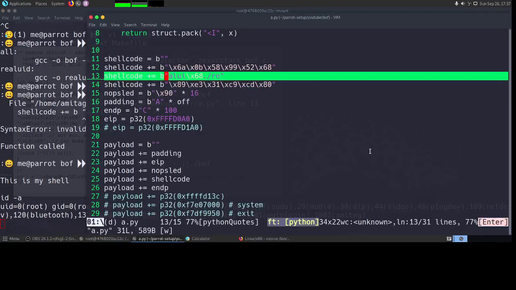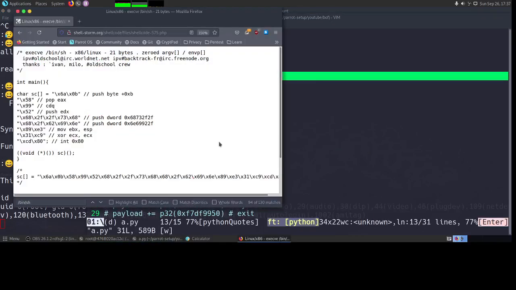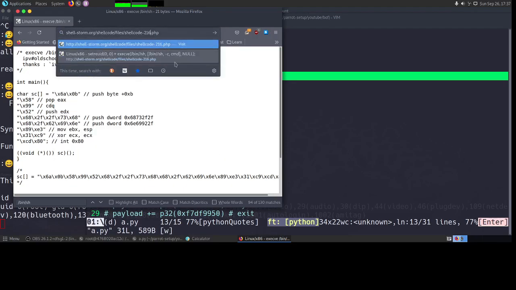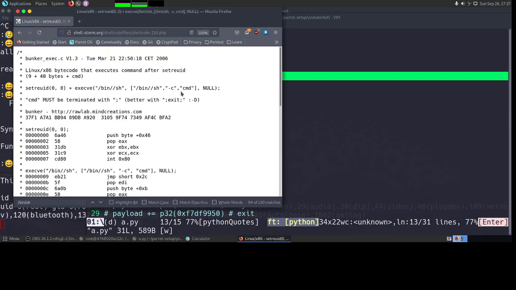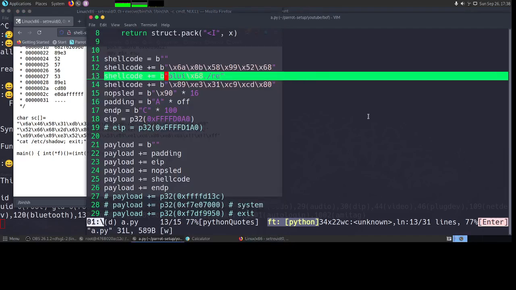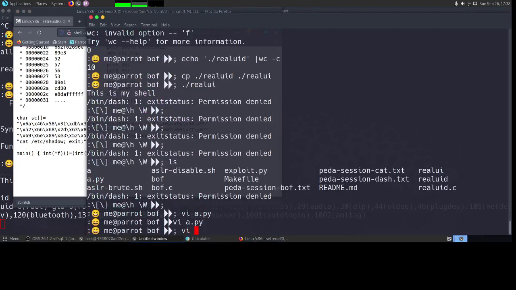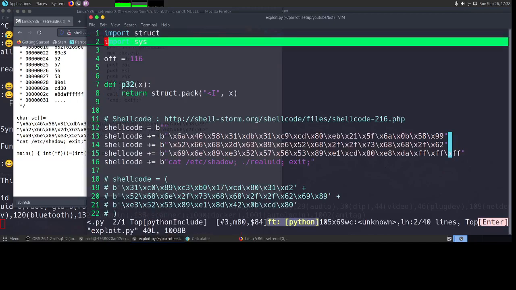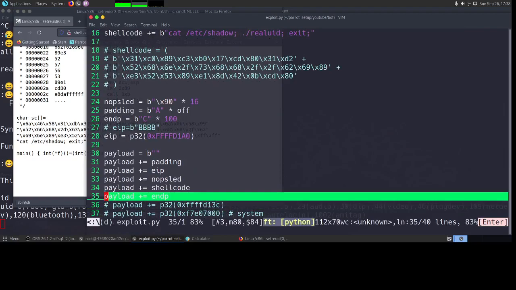There are other ways of also getting root, which is basically using other shells. So I will show you one more shell here. I remember the number is 216. So what this does is basically it runs setreuid 0 0 and then executes this, which basically means that we don't need to create our real UID, and it does the real UID on its own. I already have an example of this, which is already checked into the GitHub page also. I'll just check if the address is correct.